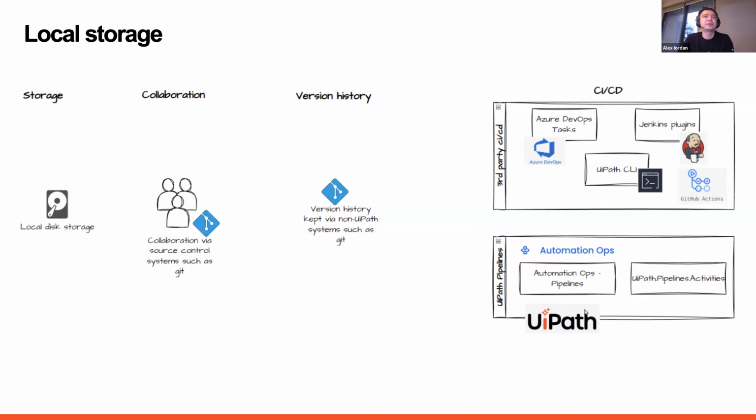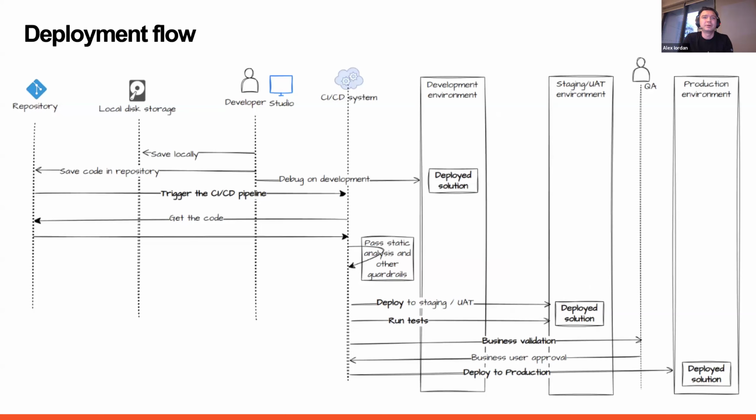So with these two options at hand, let's see a typical, let's say, scenario of taking code from the developer towards production through different phases. And we're also going to see an example. So in this diagram here,